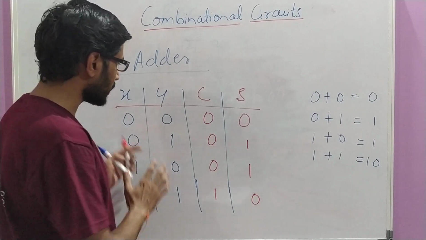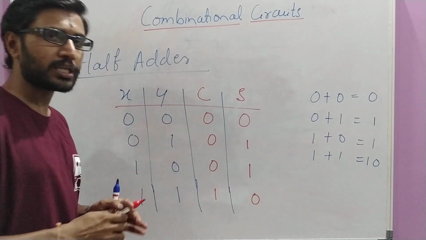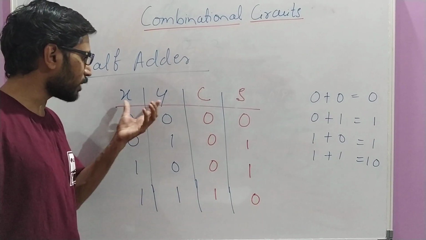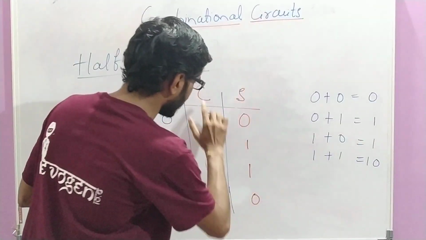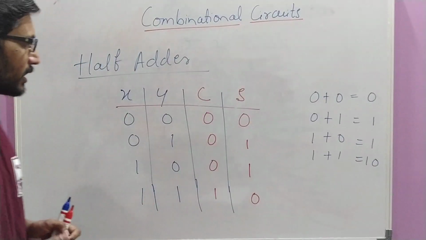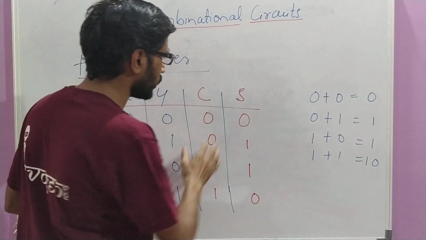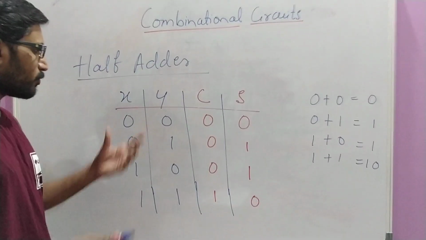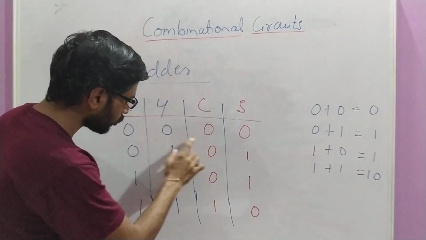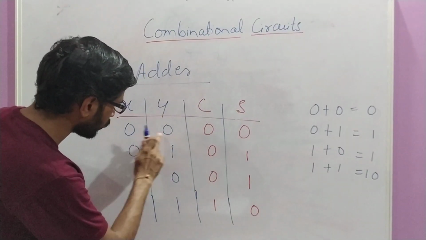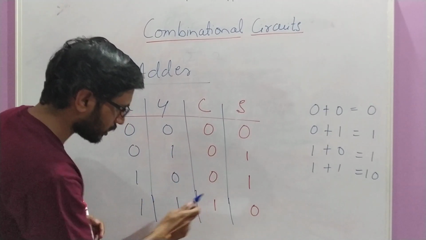Now let us consider this x, y and c. Initially, for the first time we'll take only x and y as the inputs and leave this, we'll take only carry. In the second chance we can take x and y and then only the sum. If you take the first one, x and y, without the sum, and clearly observe it: 0 0 0, 0 1 0, 1 0 0, 1 1 1.